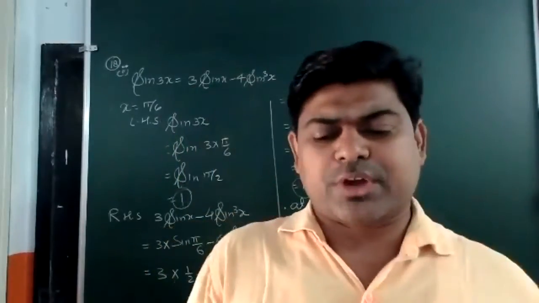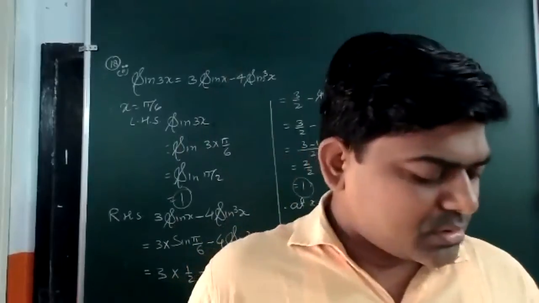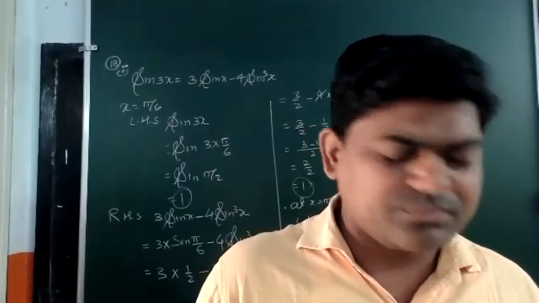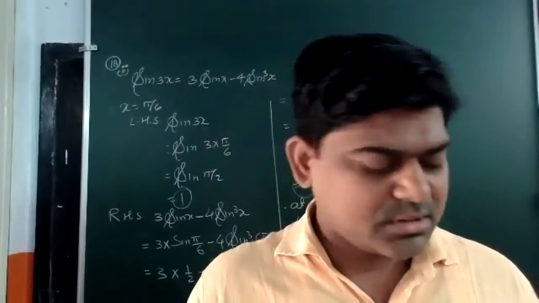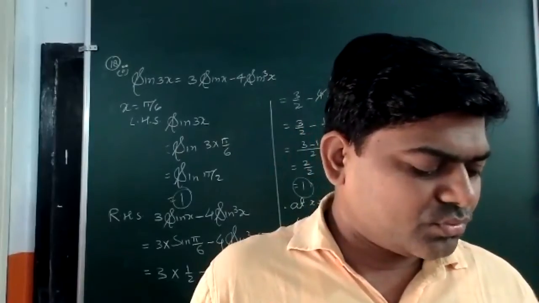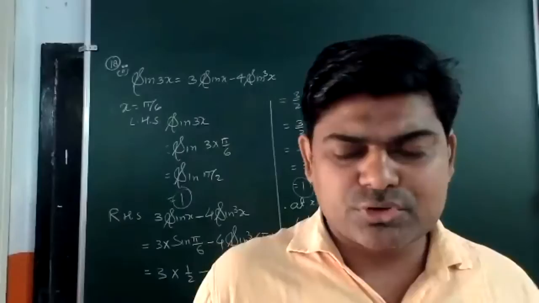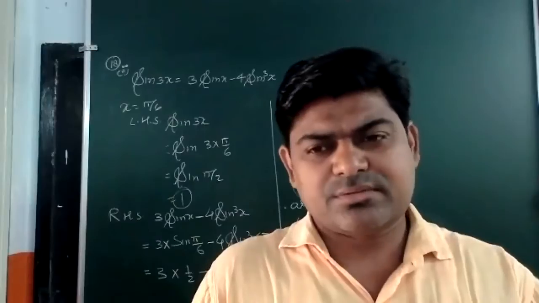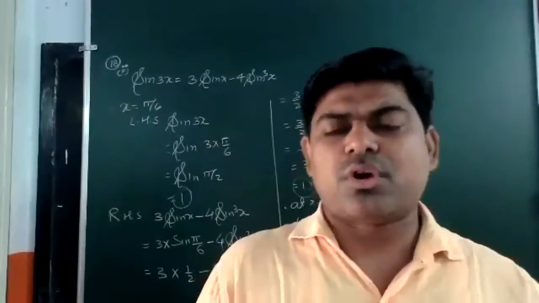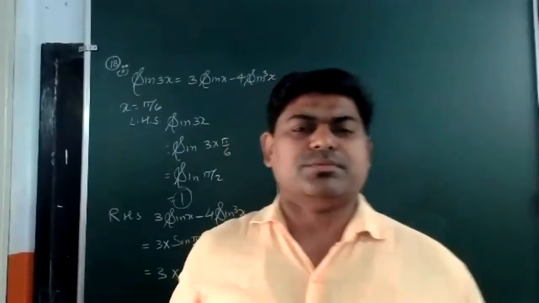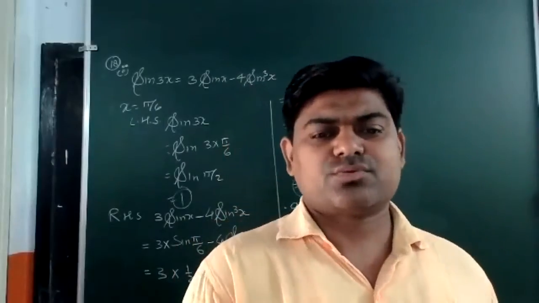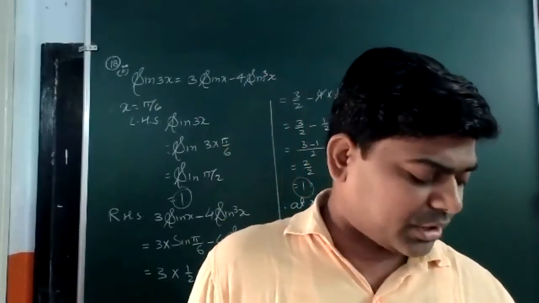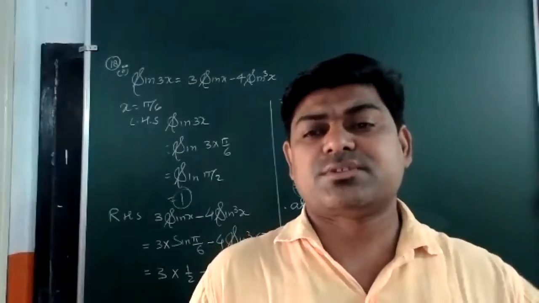In question number 20, you can see there are 5 parts, and out of these 5, actually we have to do some simplification here. At the top of the question it's written x is greater than 0 and less than pi by 2. It means it is in the first quadrant. In the first quadrant, we have to take only the positive value of sin x, cos x, tan x, whatever we get. Maybe we get some negative and positive value, but the negative one we will not take because it's already written it is in the first quadrant.